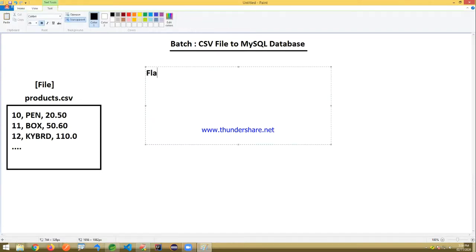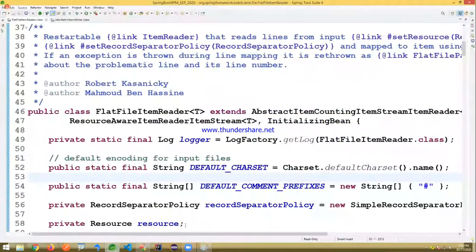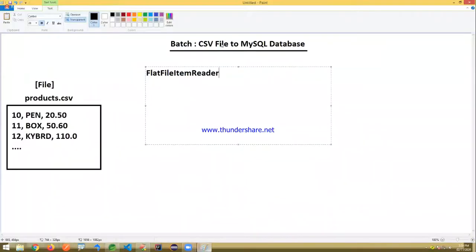Then we are going to use the concept of flat file item reader. Flat file is nothing but a text representation data file. Flat file item reader means general text file data. We are going to read the data here. So if you use flat file item reader, it reads the data from the CSV file and converts one line into one model class object: product id, product name, product cost.